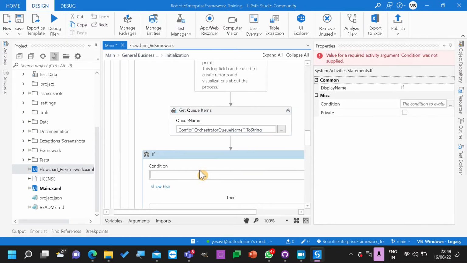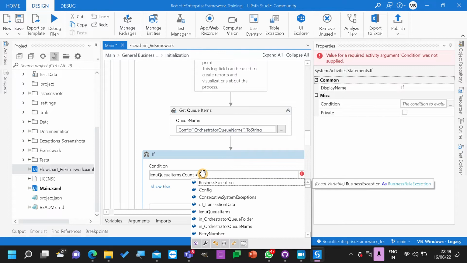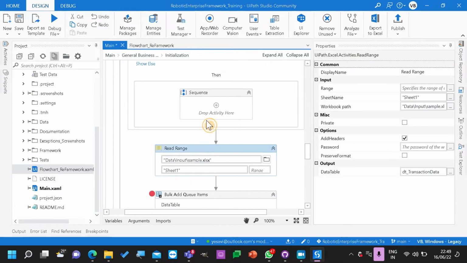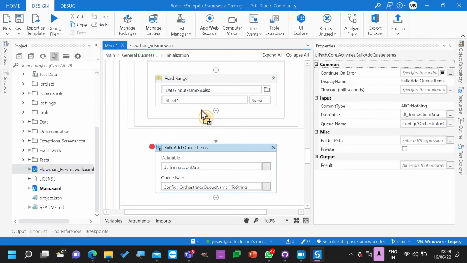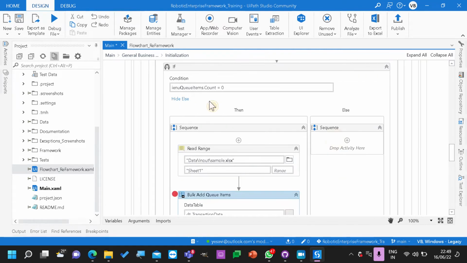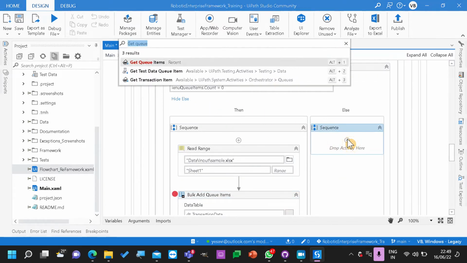Now it will have the property IEnumerable of queue items dot count. If it is equal to 0, then go ahead and read the range and add items to the queue. Else log message.